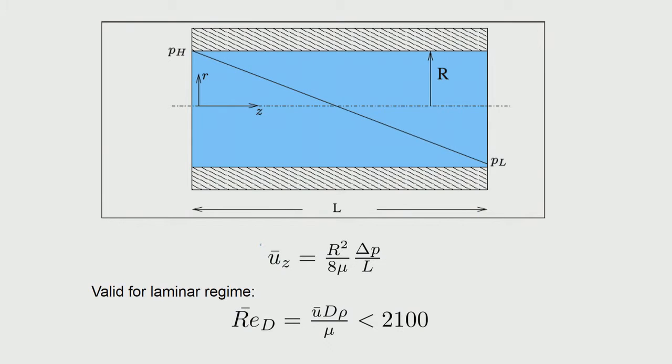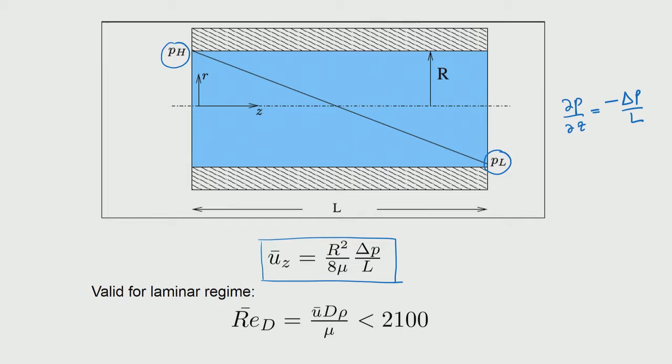We have derived this in the previous session, where due to the pressure drop per unit length that is shown here, the pressure at the left hand side of the domain is shown as PH, and the right side is PL. So, the pressure drop is given as minus delta P by L, and that is the driving force for the fluid flow in the axial direction. The average velocity, which is half of the maximum velocity, is given as r square by 8 mu into delta P by